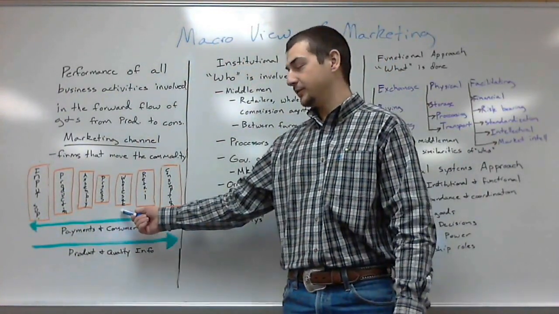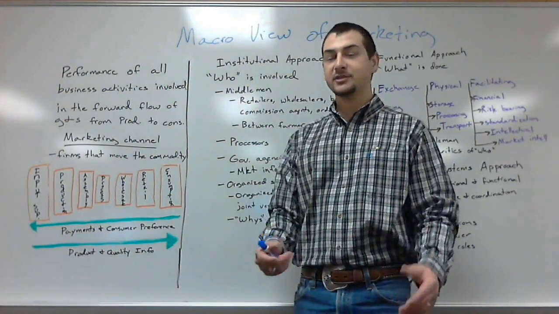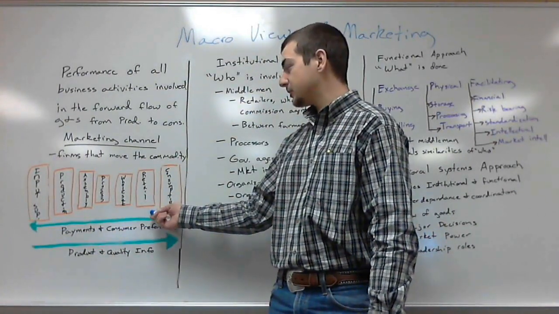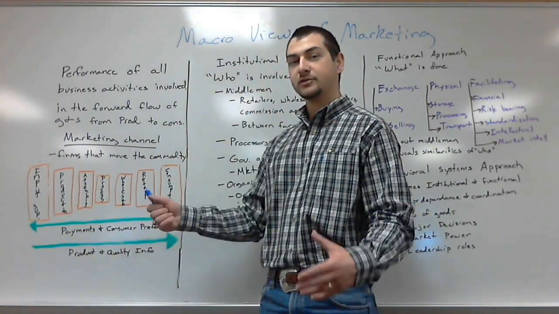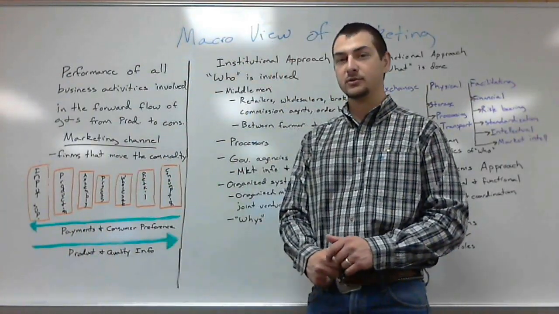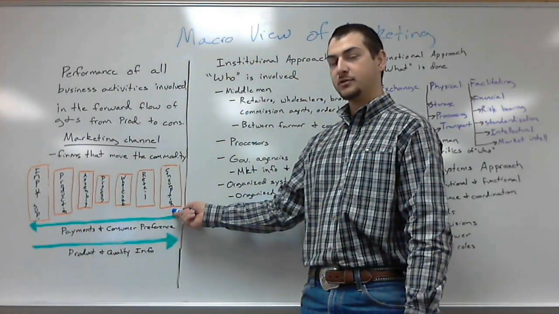Then you have the wholesalers. Wholesalers would be those that acquire large amounts of these processed goods and turn around and sell them to individual retailers. So those wholesalers are basically just creating large bulk amounts and selling it to the retail stores. Then those retail stores sell to the individual consumers.